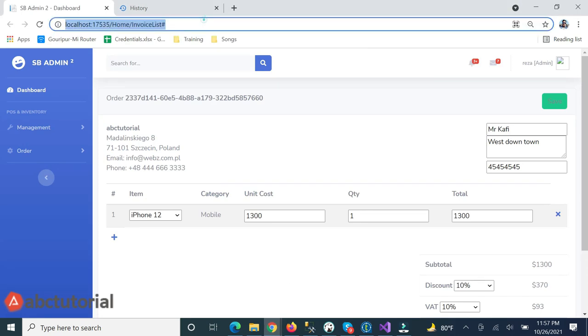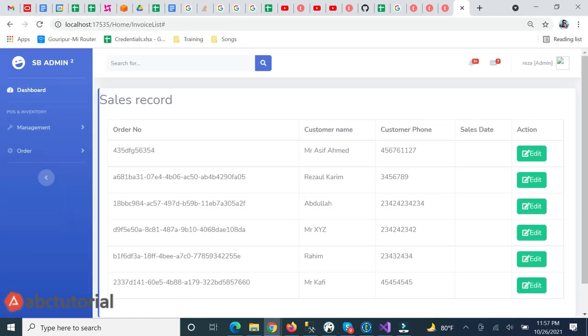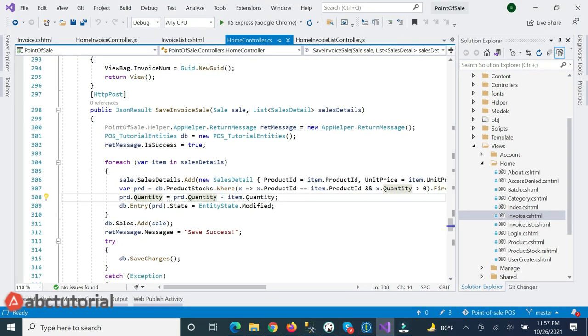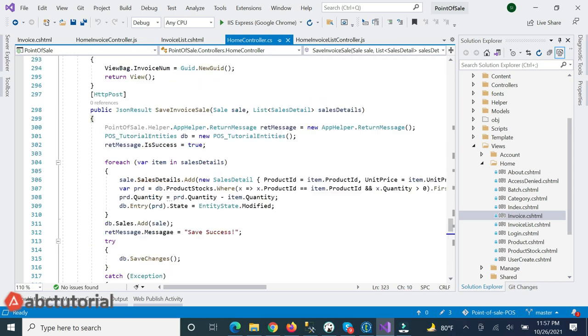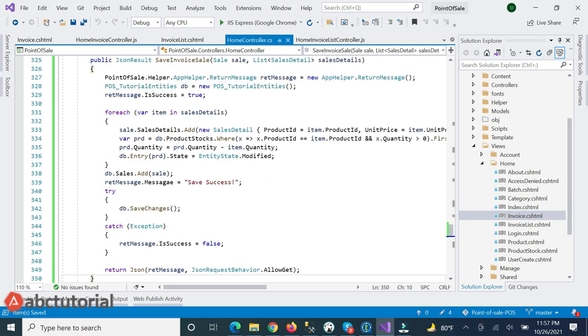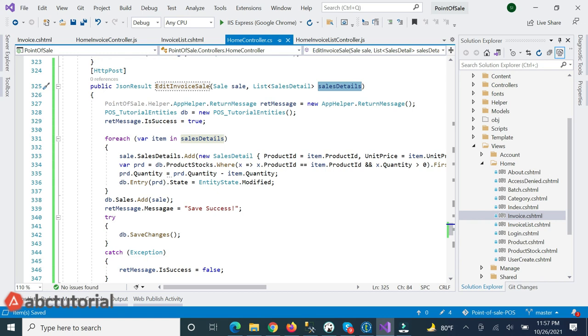Before moving on, I will open this in another window. In the code, see, here is a method called save invoice sale. This is only for saving, but for updating I will use a different method. So I will copy it, paste it, and name it edit invoice sale. So the method is called edit invoice sale detail, and the list of products you are adding or removing will come here. And using a for loop,